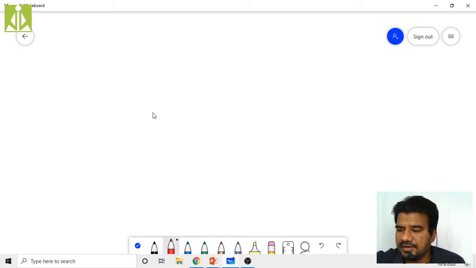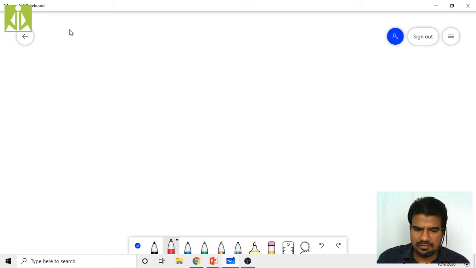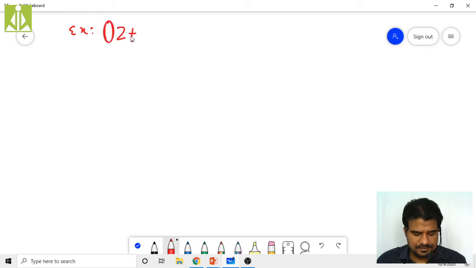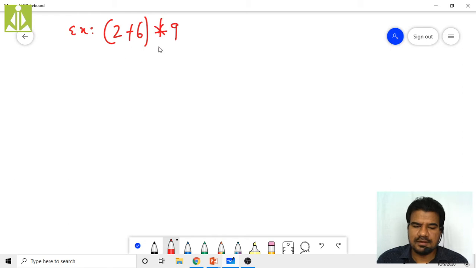So first I will take a simple example. So I'm taking (2 + 6) multiplied with 9.